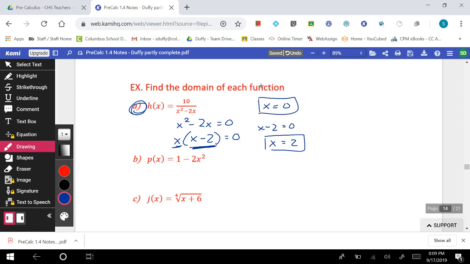Now, these are the values that would make this bottom 0. And since that's not allowed, we will say that those are the values that x cannot be, because then the function won't work. For the next one,